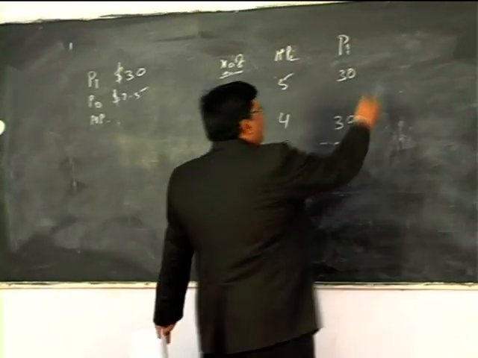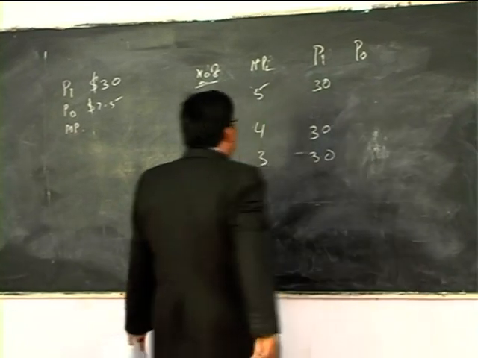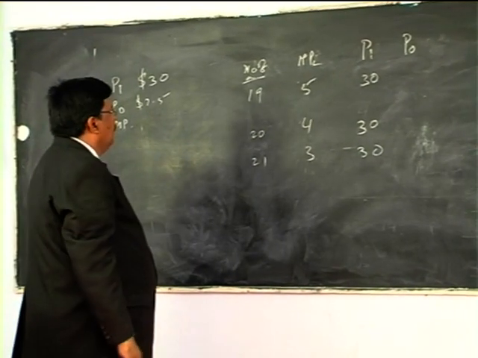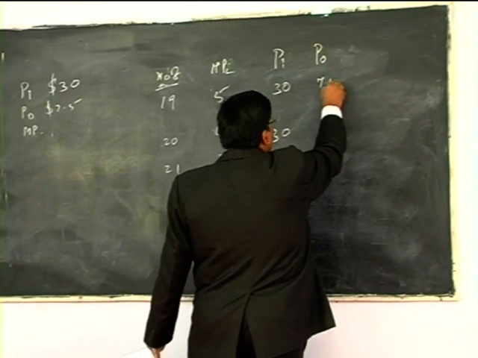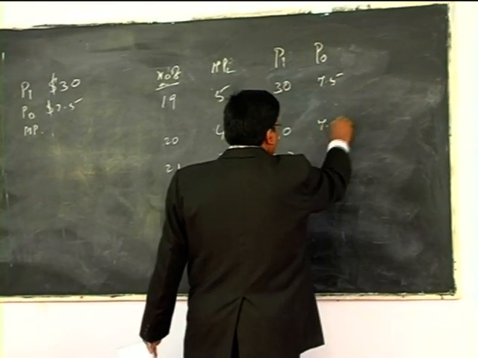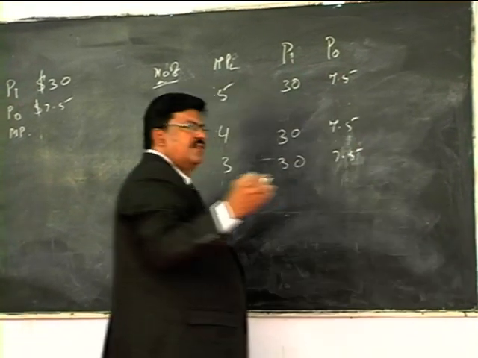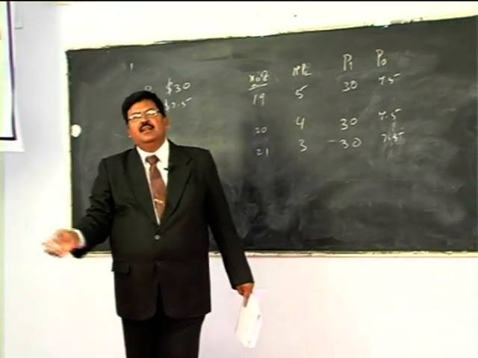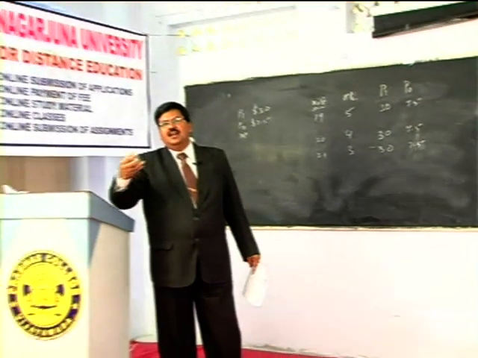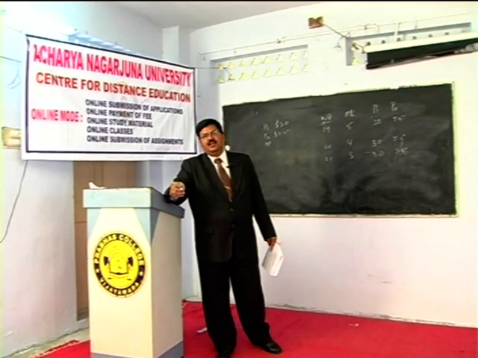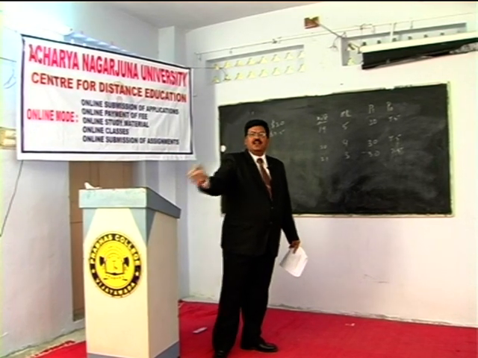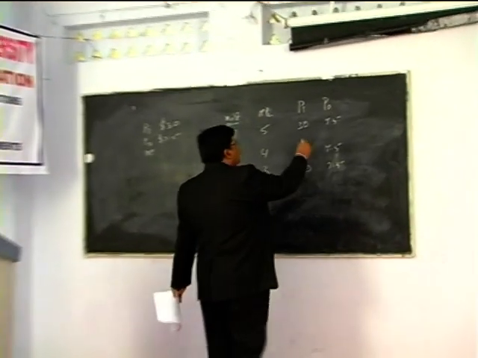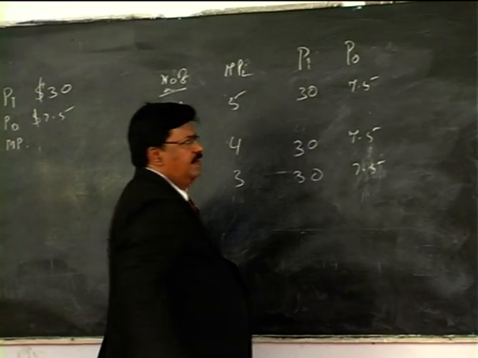And price of output, for example, the firm can sell the unit at 7.5 per unit, and it is operating in conditions of perfect competition where the price is given, and the firm need not sell at a lower price. The price is fixed and the firm can sell any number of units at the prevailing market price. So the price per unit of output is 7.5, imagine.